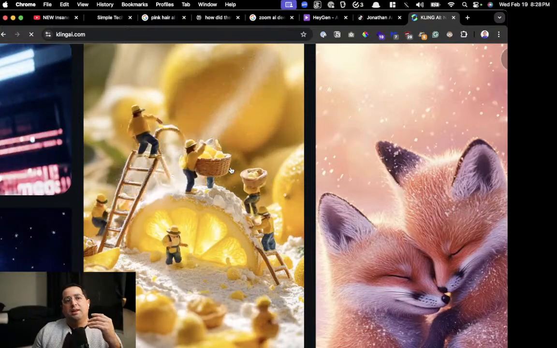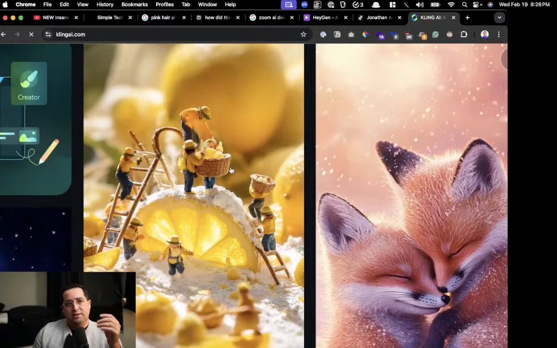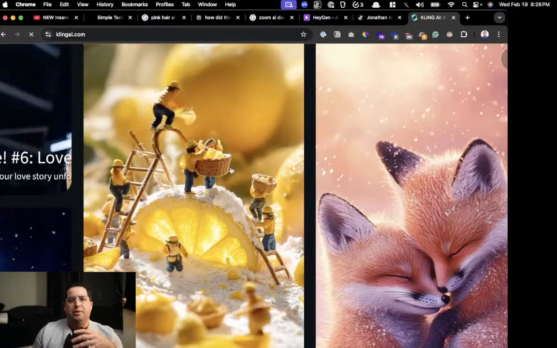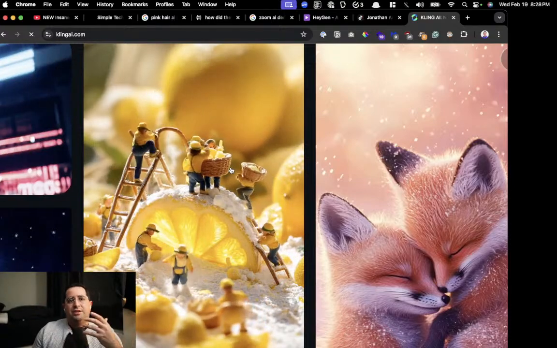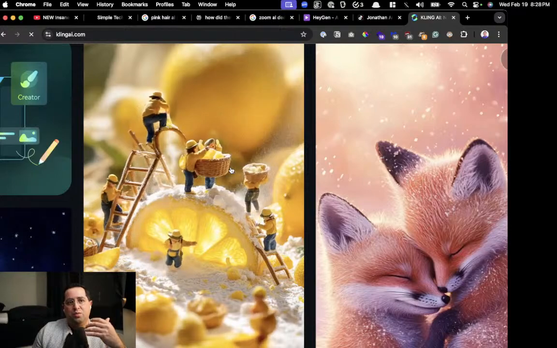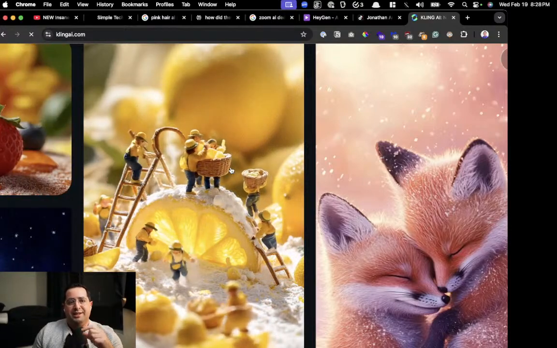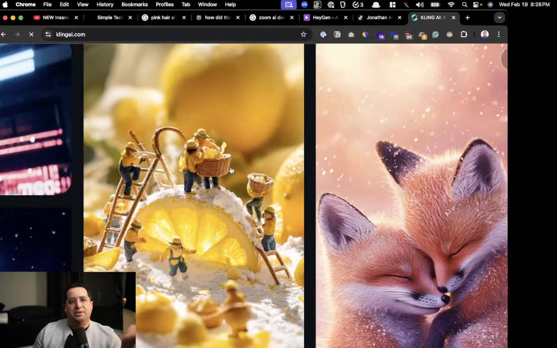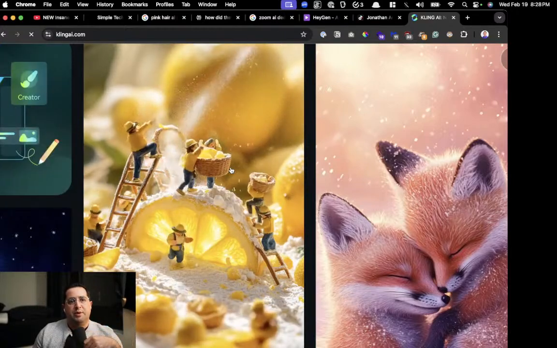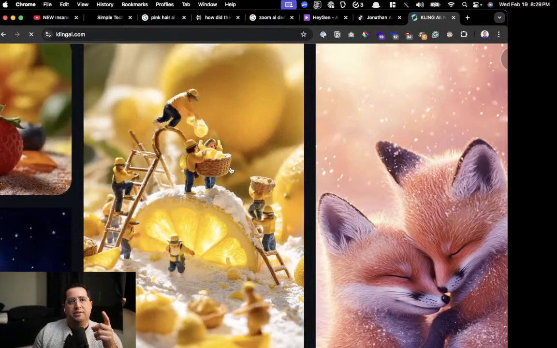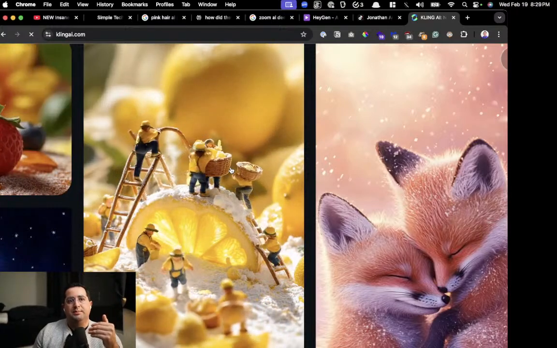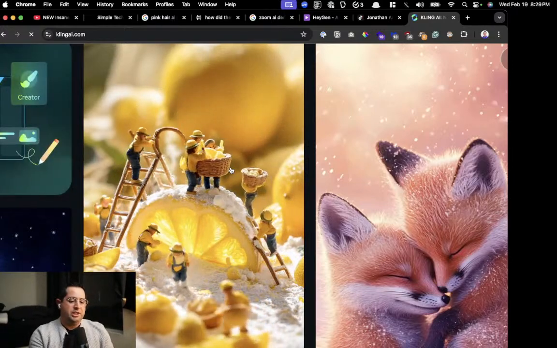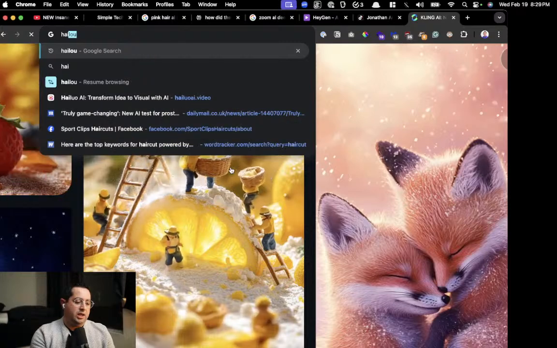A lot of these tools, Runway does it too, the video that they output looks amazing. But when you get into the tool, you realize you really have to be good at prompt engineering, meaning explicitly saying exactly what you want it to do. Most people just don't give it enough context. There's a lot of back and forth you have to do to get the output to be really good. So this is Kling, and then the other one is Hailu.